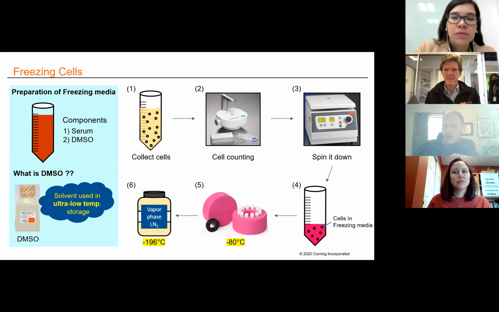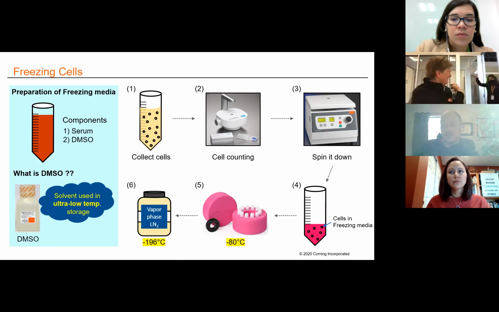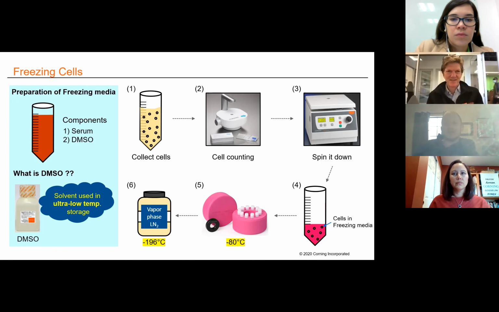Some other cryoprotectants that are often used are serum, and then there are some serum-free and DMSO-free reagents on the market as well. But really the overall workflow here is to do the cell harvesting steps that we just talked about, make sure that you have a cell count, because you typically want to freeze your cells at a specified density, and it's usually anywhere between 5 and 20 million cells per mil, or in one vial. So you would do your cell count, spin them down, resuspend the cells in your freezing media, and the rate